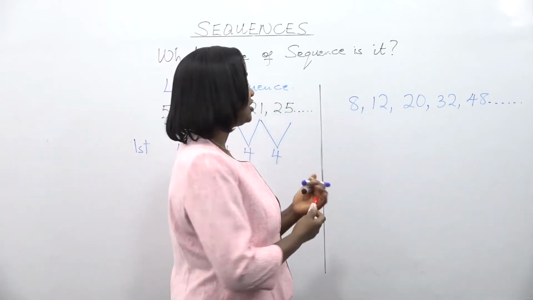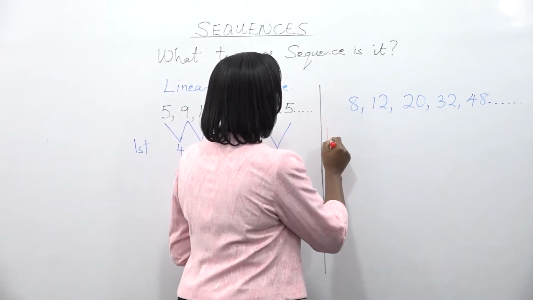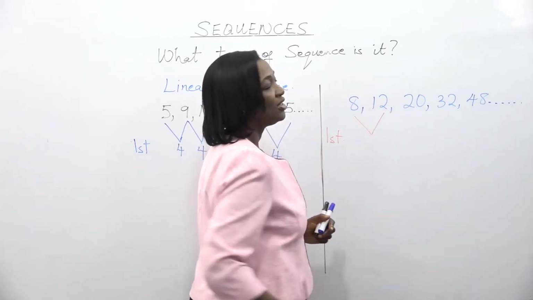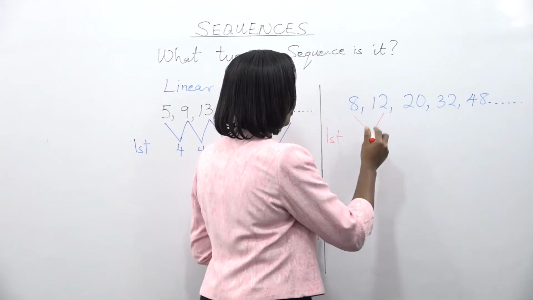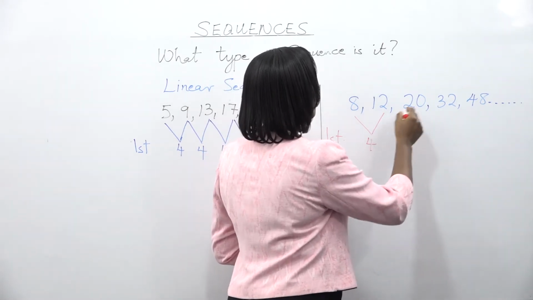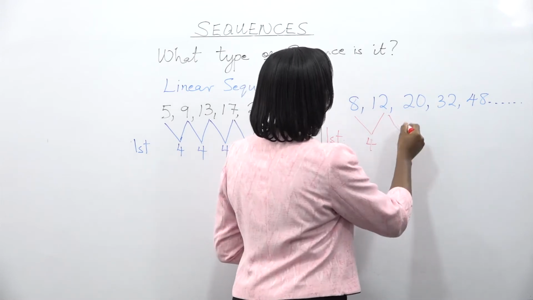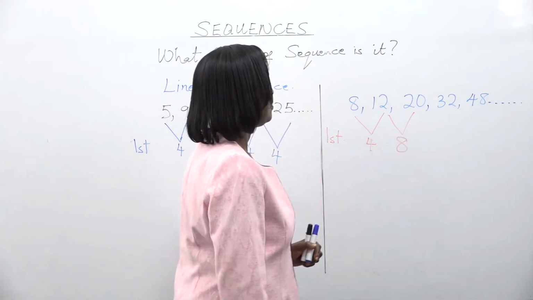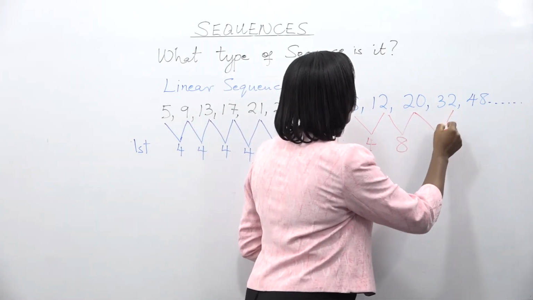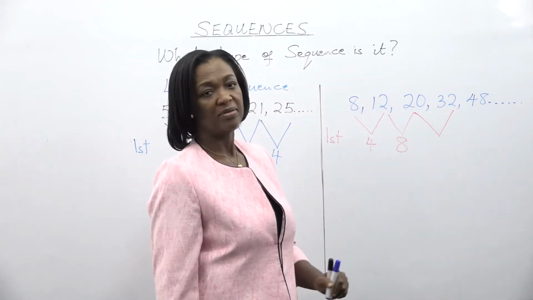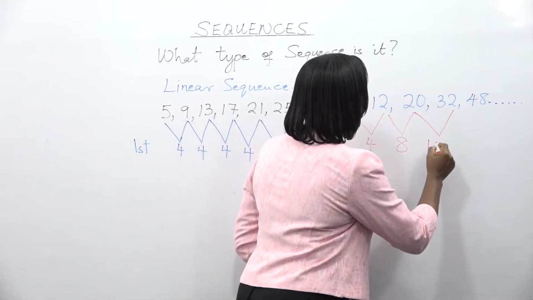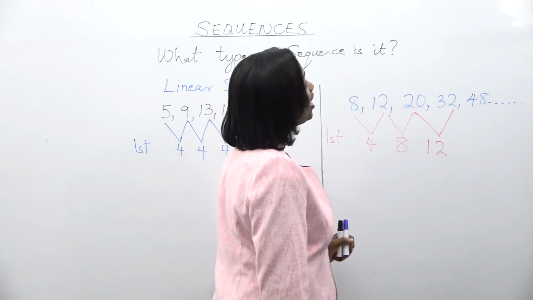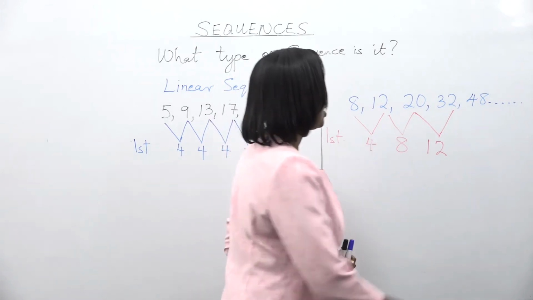We're finding the first difference. 12 take away 8 is 4. 20 take away 12 is 8. 32 take away 20 is 12. 48 take away 32